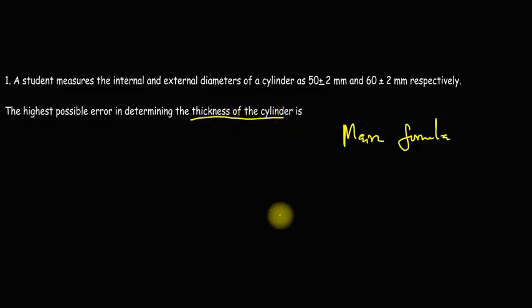So we need to know what the formula for thickness is. So to calculate the thickness of a cylinder, how thick it is, we have to subtract the internal diameter from the external diameter. And to do this, as you can see, there is a range plus or minus 2